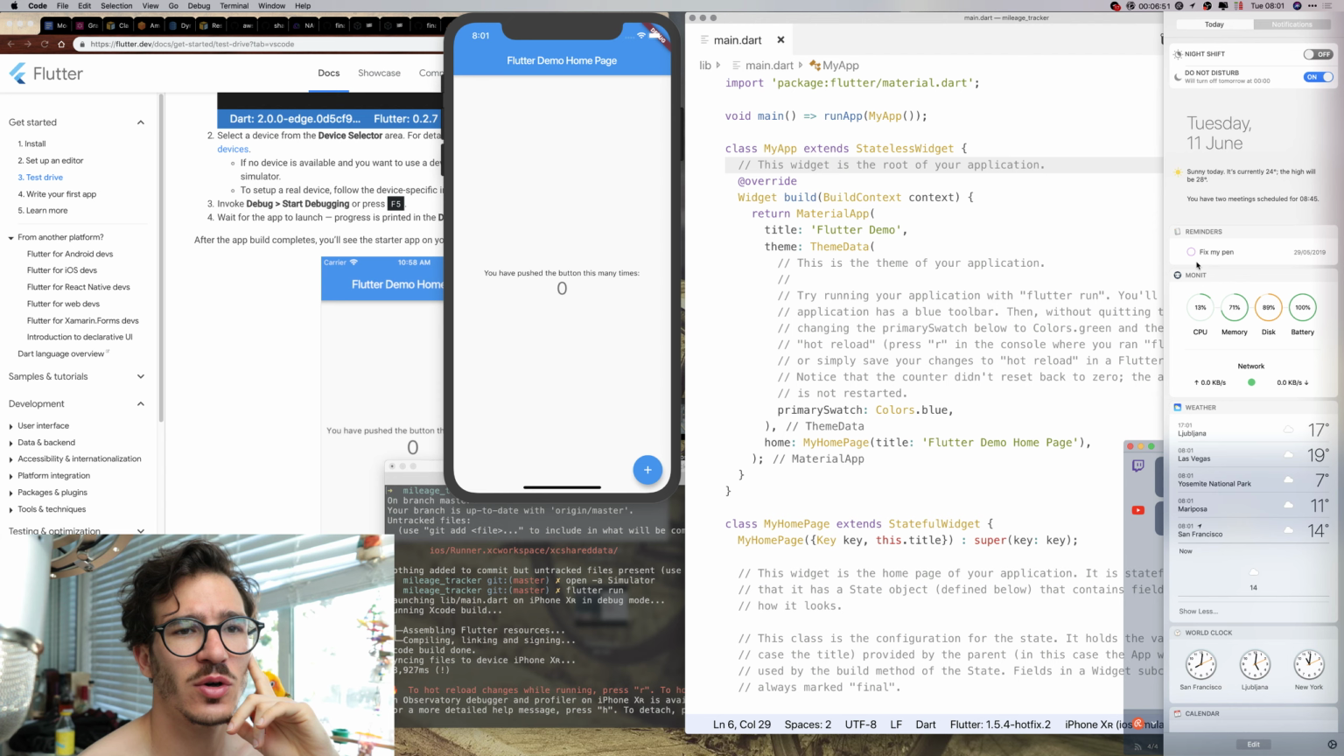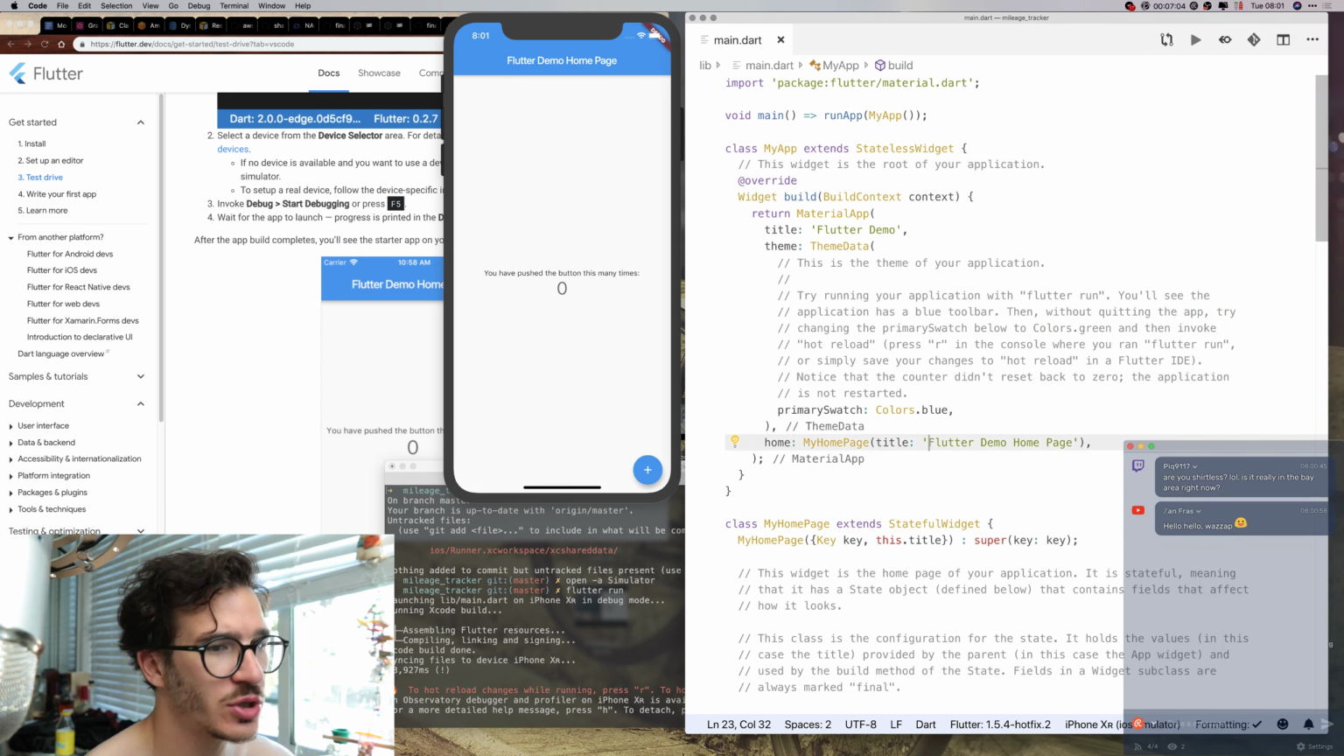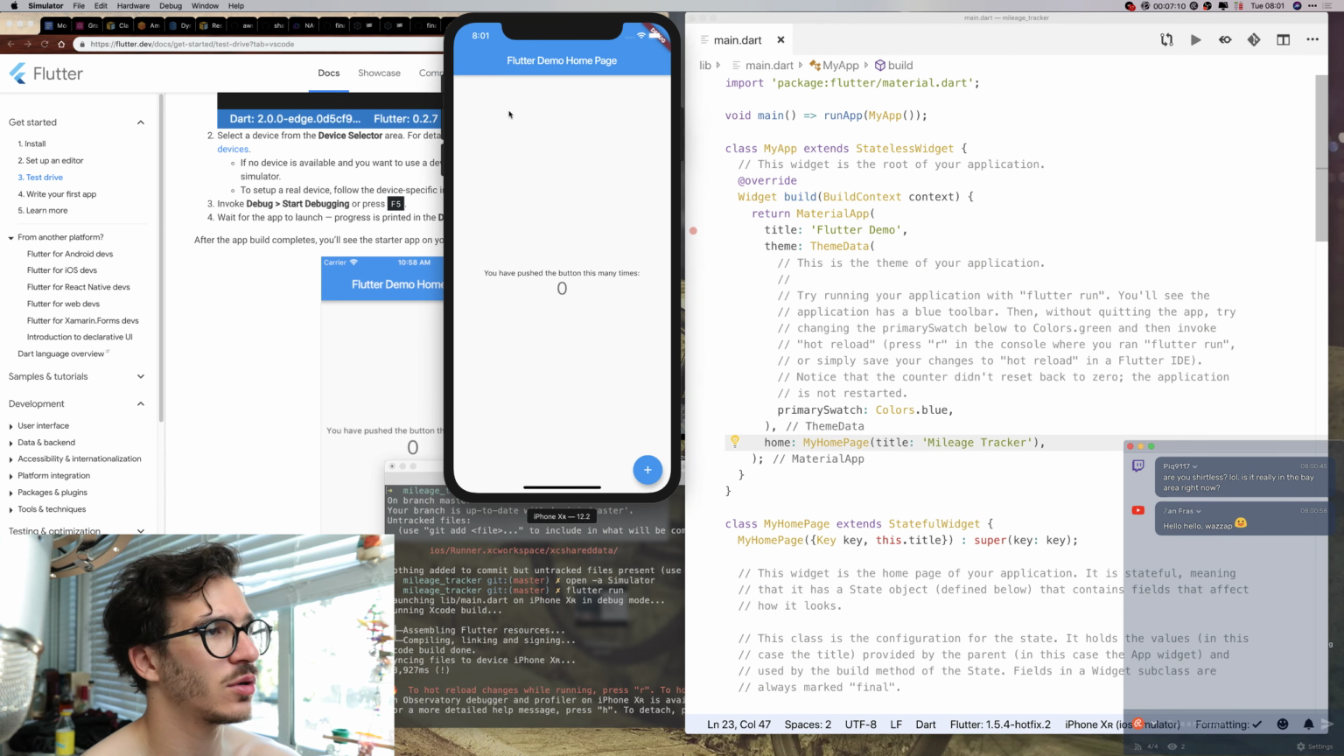So we can try to start changing things. If I say my homepage instead of Flutter demo homepage says mileage tracker, this should auto reload here. No, maybe I have to press R. Come on, press R. It's saying press R to hot reload while running. To hot reload, press R. It's not doing anything. If I press Shift R, it's also not doing anything. What if I